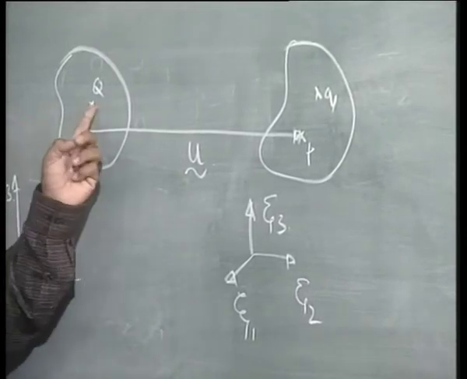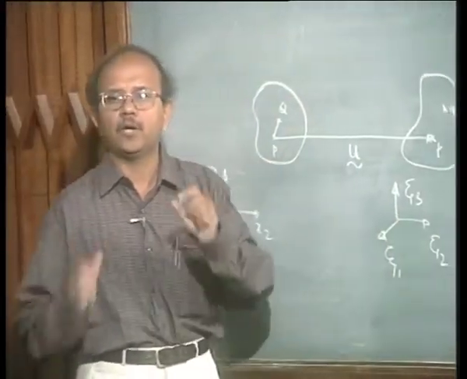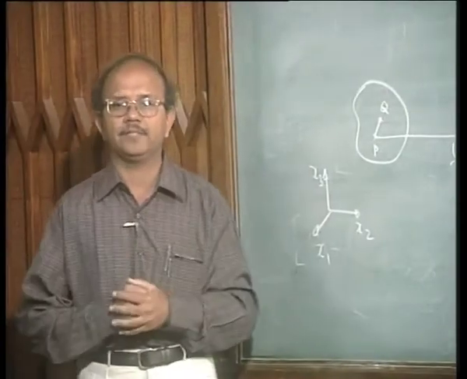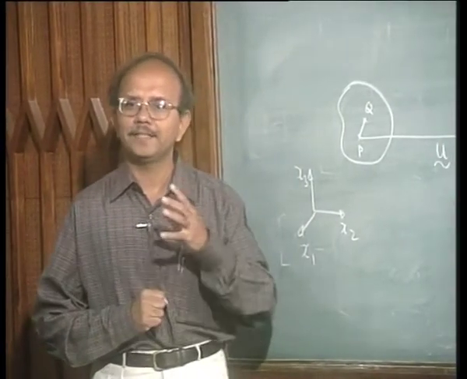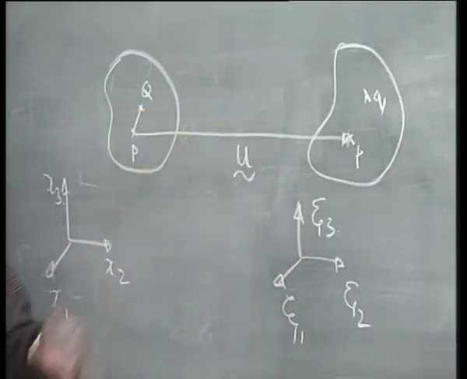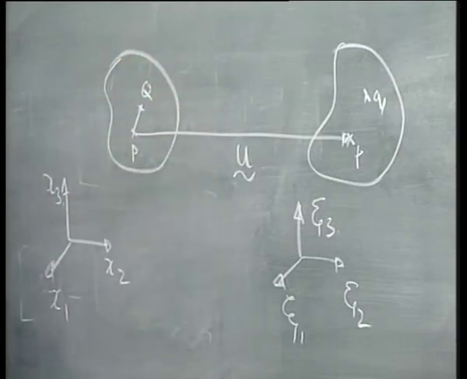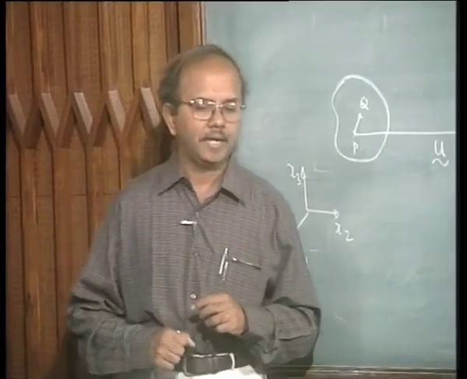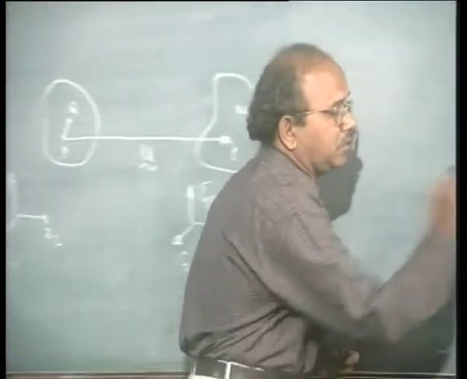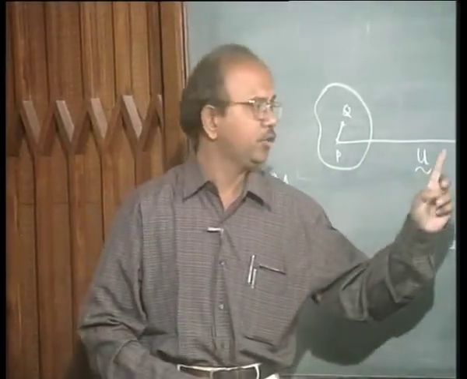In other words, Q is moved to the small q through another vector u plus du. This is what we have been harping on. du has to be present. Is that clear? If du is absent, then there is no strain, nothing happens. So u varies in this whole geometry. Is that clear?